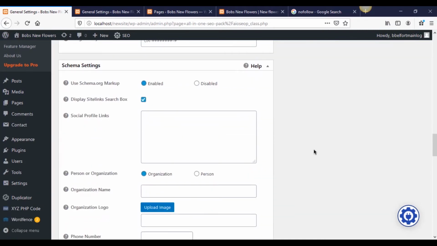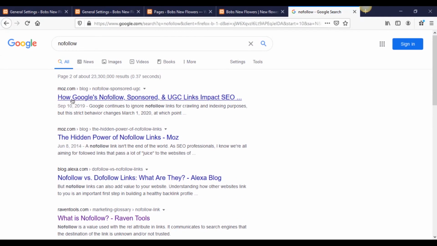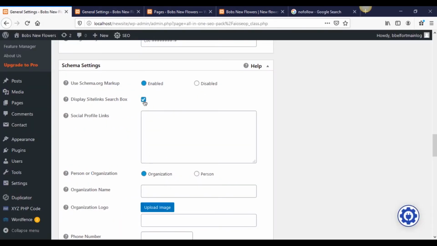So schema.org markup, go ahead and leave this enabled. I won't really go over that much, but just go ahead and leave that enabled. Display site links, search box, we want that as well. That's those site links in Google, like when it shows your main site, and then sometimes it'll have a dropdown that shows people's inner pages and stuff like that. So you want to leave that,